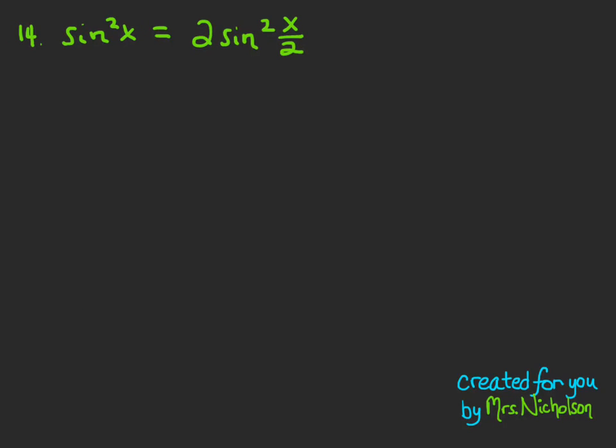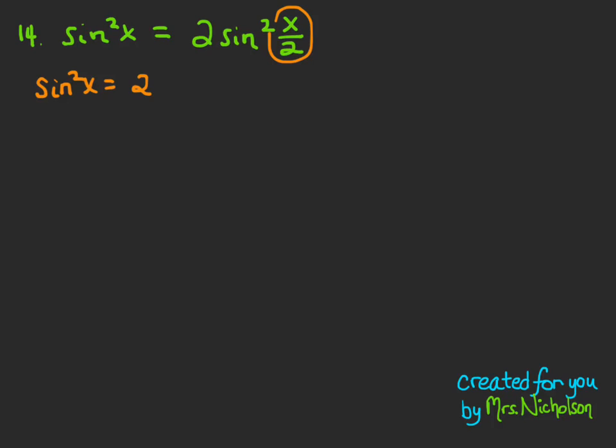Now this question, a little bit tricky. We have everything in terms of sine, so that's good. But notice we've got this x over 2. Sine of x over 2. So I need to use one of my half angle identities because I really need everything in terms of just sine x. So over here on the left, sine squared x, that's going to stay the same, equal to 2